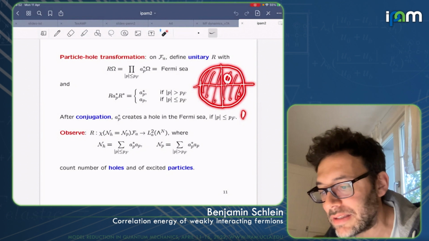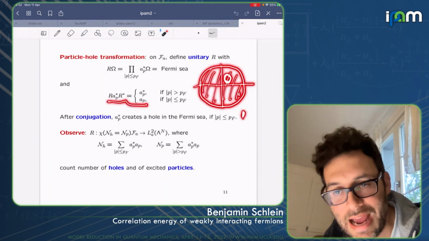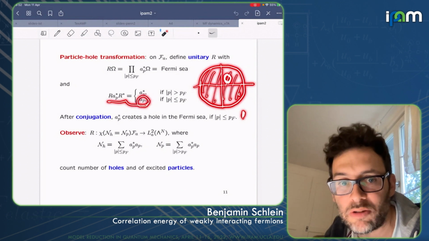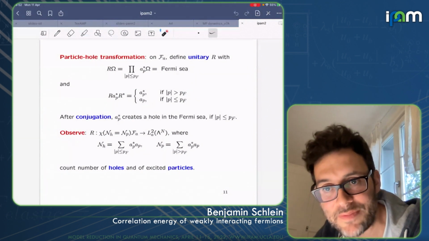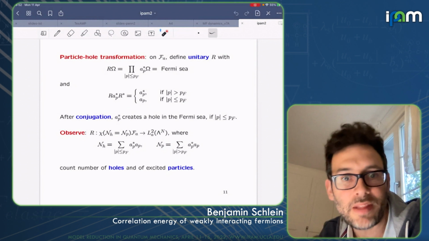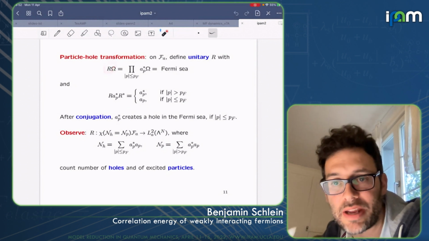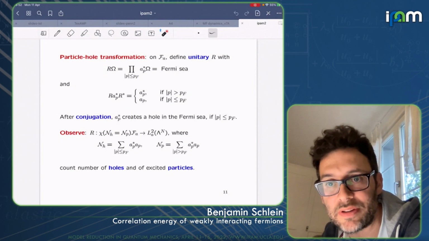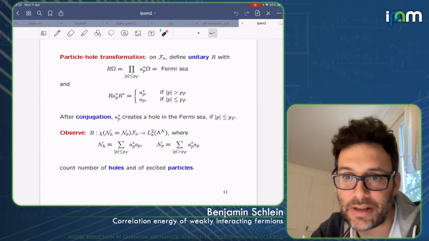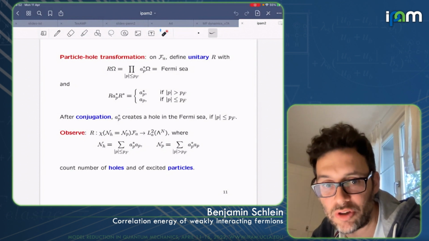And how do you do that? Well, you have to see here. That's why when you conjugate inside the Slater determinant, your creation operator turns into an annihilation operator, because to create an excitation inside the determinant, you need to create a hole, essentially. Good. So that's what this unitary operator allows us to switch to: a new representation of a system where the vacuum describes the Fermi sea, okay? And the excitations of this vacuum are just excitations of the Slater determinant.